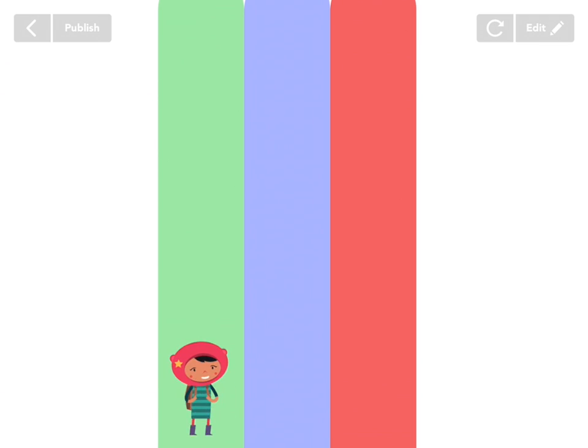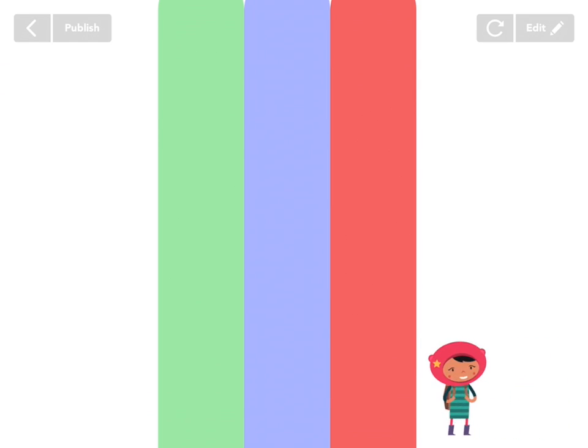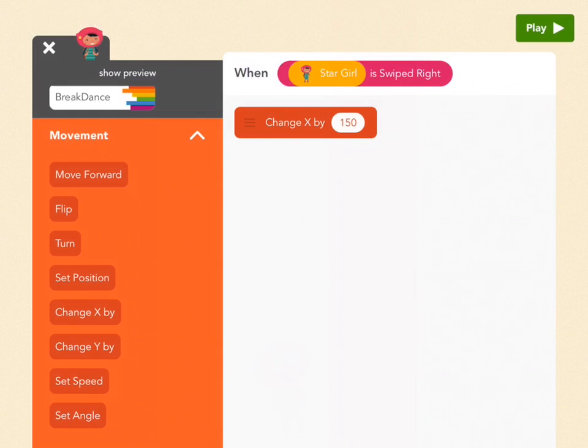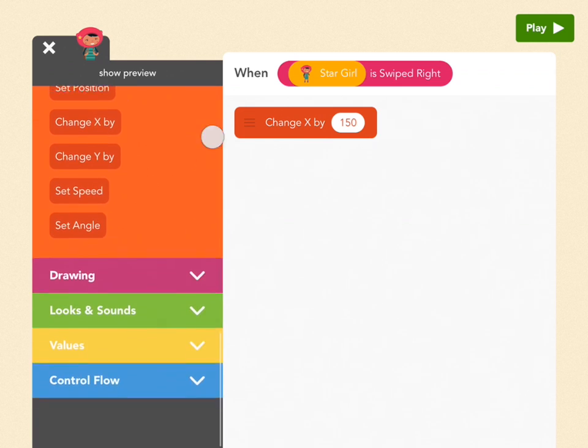Great. Okay, so there's one problem though, because if I do this, she keeps going, and I only want her to swipe if she's on the tracks, right? So this is a bug, and we need to debug it. So how are we going to do that? Go back to edit. The way we're going to do it is with conditionals, which you learned about in a previous lesson. So the way we're going to check,